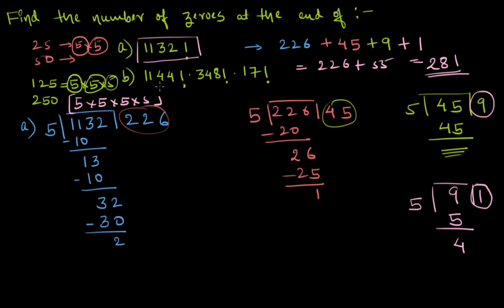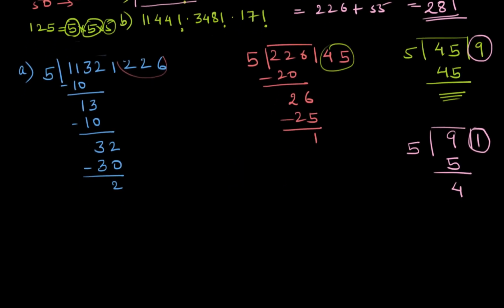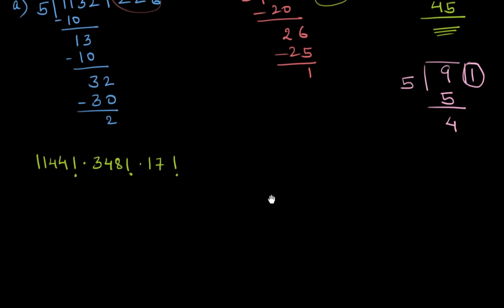Now let us move on to the B part. So let me erase this so that I can have some space for writing here. Okay, so let us calculate the second one. We have here 1144 factorial times 348 factorial, and you can actually pause the video and try it on your own, because the basic idea behind this I already gave it to you in the starting of the video,